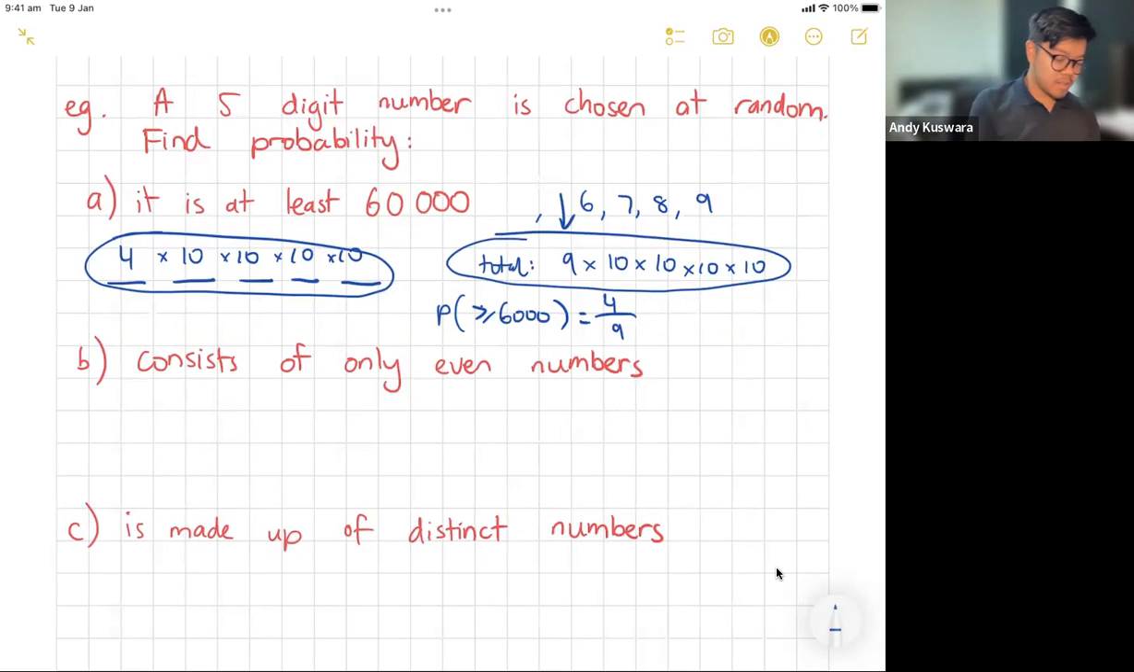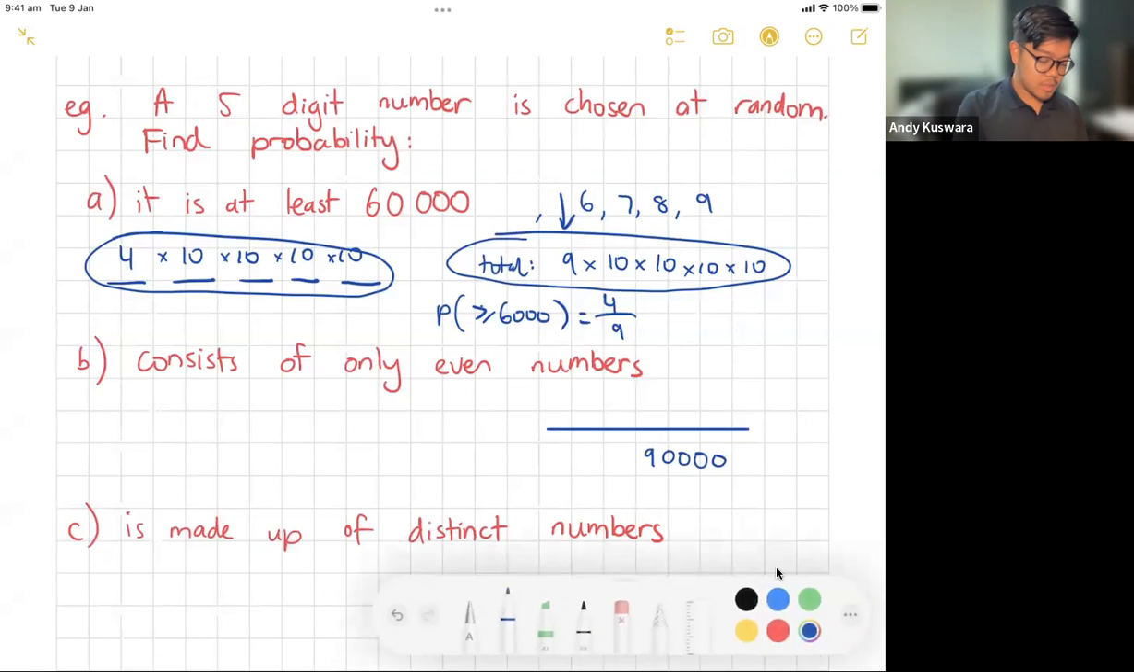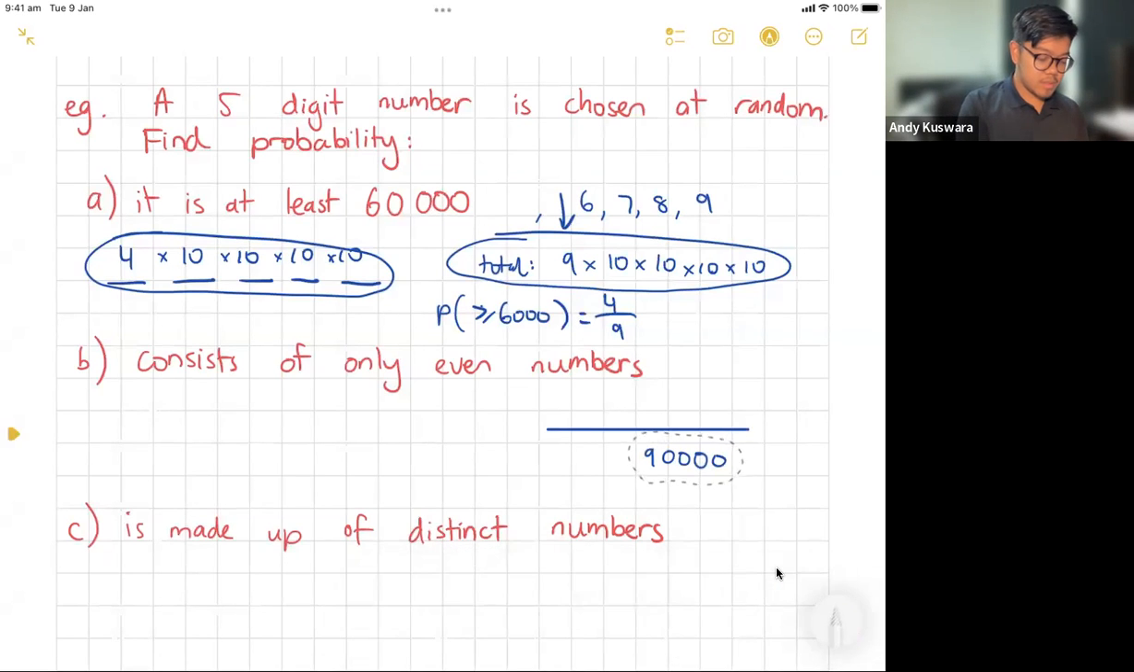So again, we know that the total is going to be 1, 2, 3, 4. There's 90,000 total unrestricted ways that we can choose. And then if I want it to consist of only even numbers,